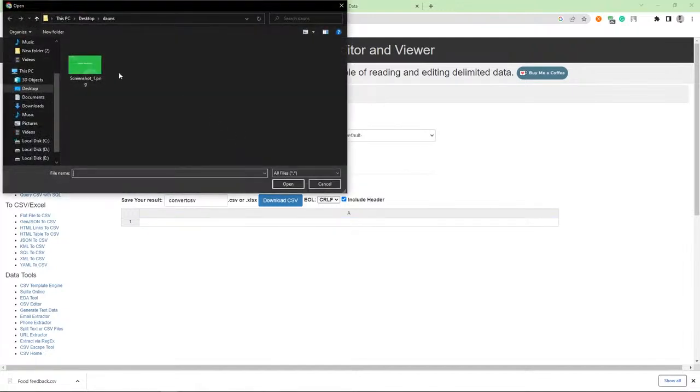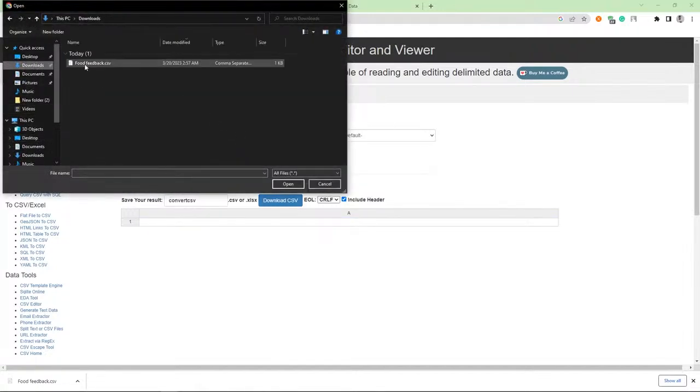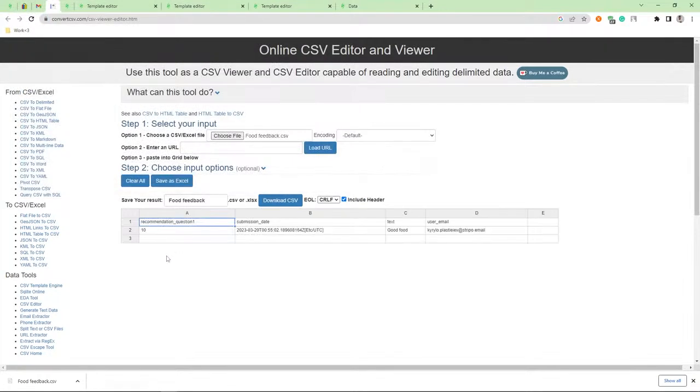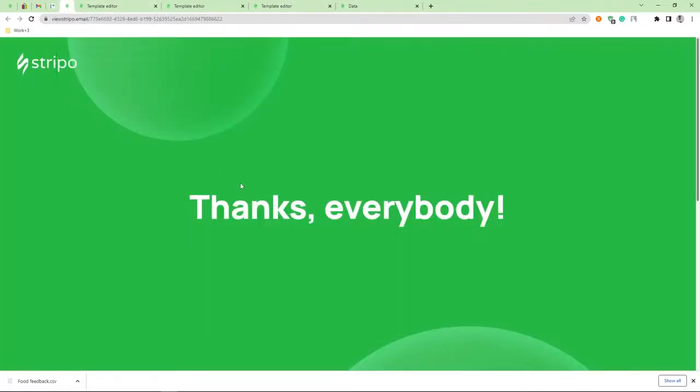So I choose the file, go to the downloads, open this, and here, as we can see, all the information that we indicated in the feedback, namely the rating, and the text, good food, and exactly my email. So as you can see, all works correctly,